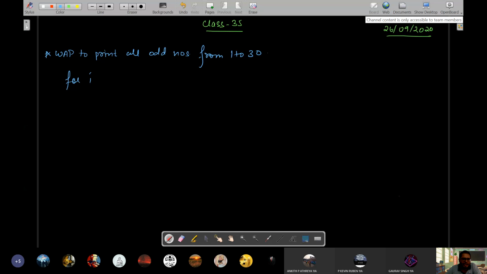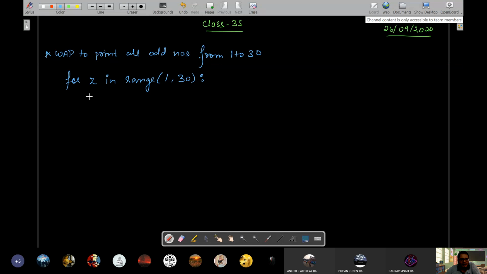For Z in range 1 to 30. So it will go to 29 only, because we are printing odd. अगर even लिखते, if we had written even, we would have gone up to 31. Okay, because last even number from 1 to 30 is 30 itself.